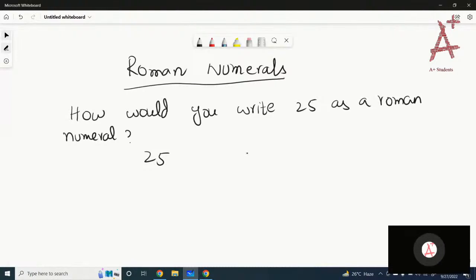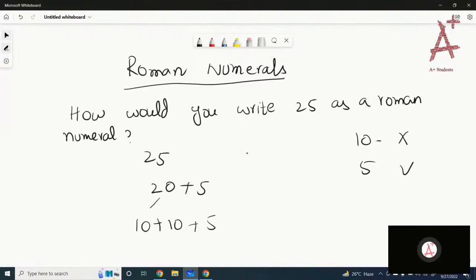We know that 25 is 20 plus 5. And we know how to write 10: 10 is X and 5 is V. So we have to write 20. 20 is 10 plus 10, and plus 5. So for 10,